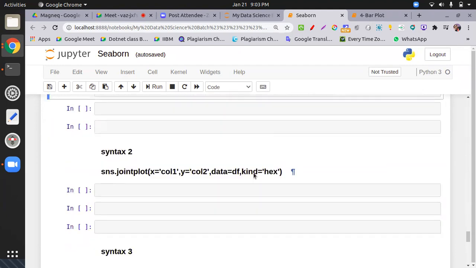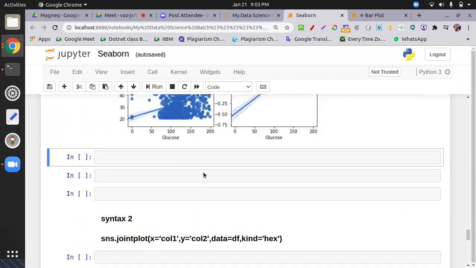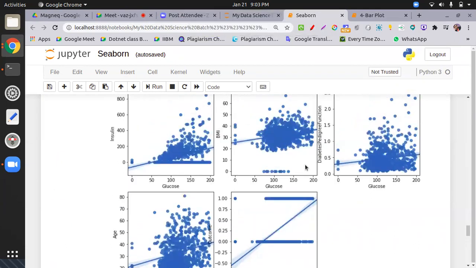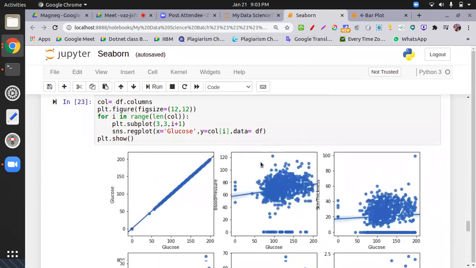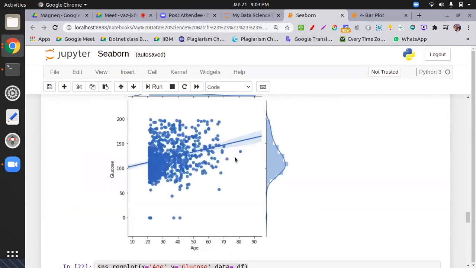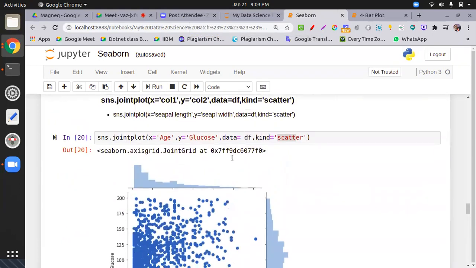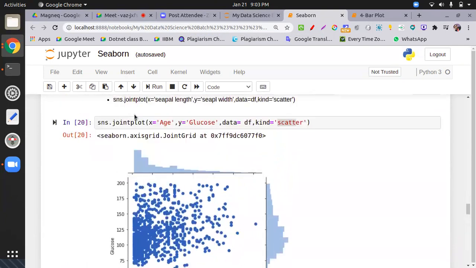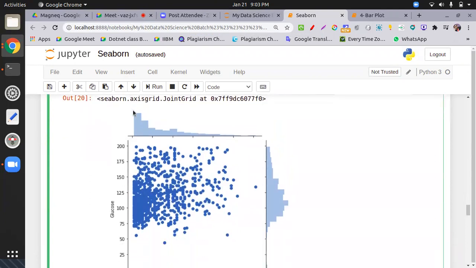Sir, can you please explain once the interpretation of the scatter plot with the histogram? This one is the joint plot. When you do a joint plot, it also produces the histogram.